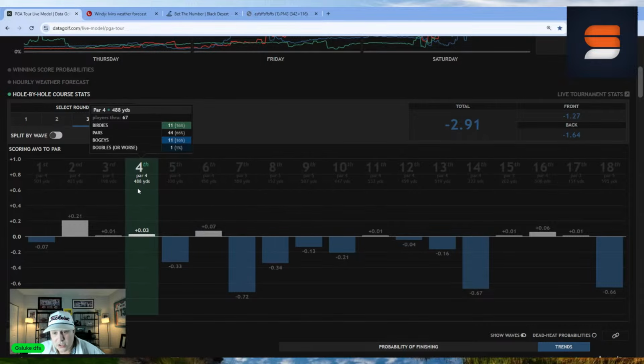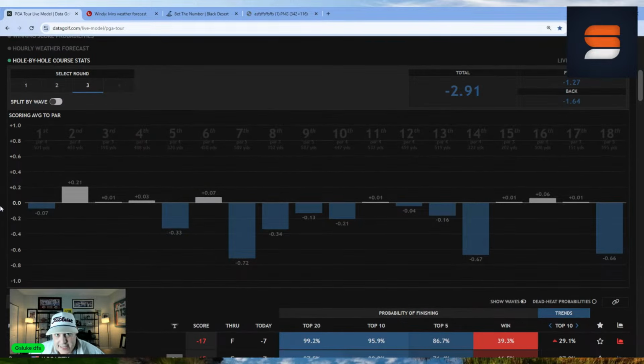So first things first, scoring conditions today were really easy. In fact, the easiest by far of what we had the entire week. Part of that was the cut line, getting some of the outliers at the bottom end of the board out of there, but also the moving day setup itself. You had easy pin locations, even a few tee boxes that were slightly favorable, and that's why it played minus 2.91. And while we're not going to have a massive quote-unquote weather edge for tomorrow, mostly because of the placement points that we have in play,